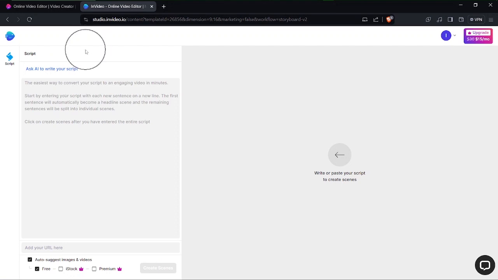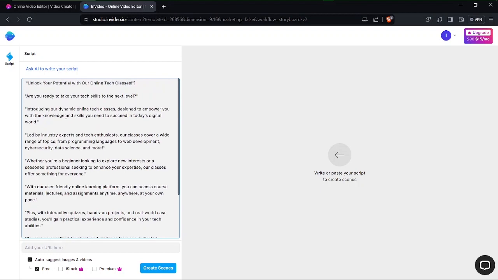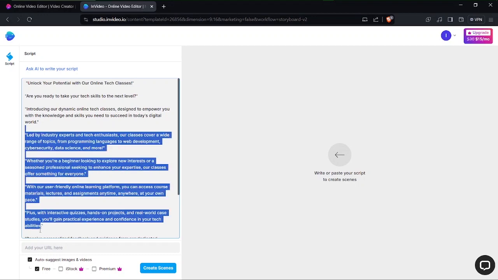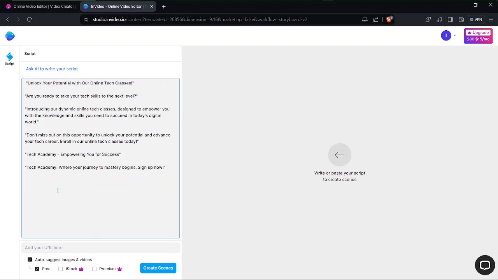Right here by the left is of course where you should be able to add your script. That is of course the text you want to be added to the video, and as you can see, it's written ask AI to write your script. Of course, the easiest way to convert your script to an engaging video in minutes. So essentially all we have to do is copy and paste our text over here, and I have some, although I do need to make some edits, some little changes to it. So let's just remove a couple of things, and I think I'll just do this and delete this